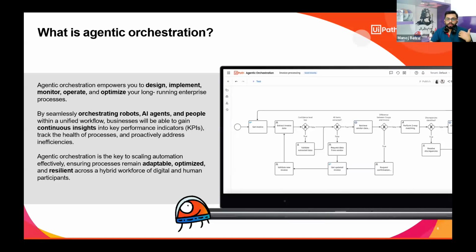You can see how fast the tasks are moving. You can check if anything is stuck. You can check if a system is down or not. If anything goes wrong, you can build an alert system immediately. So you are in control all the time with the help of AO, agentic orchestration.